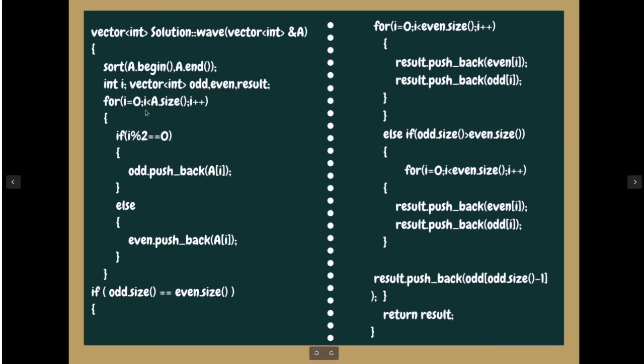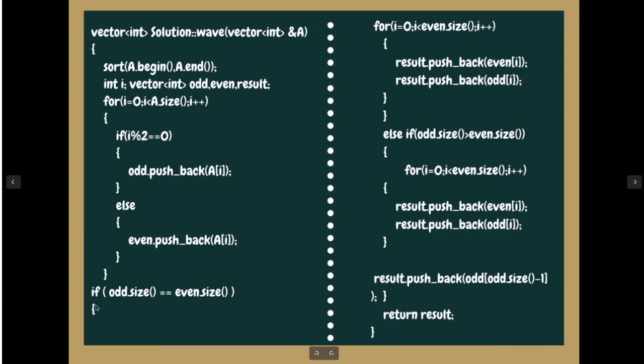Now we are iterating throughout the length of the sorted array. And if it is odd, when will it be odd? When the remainder of 2 is equal to 0, since this is a 0-indexed array. Else, when the remainder is not equal to 0, then it is even, and then we push it into the even vector.